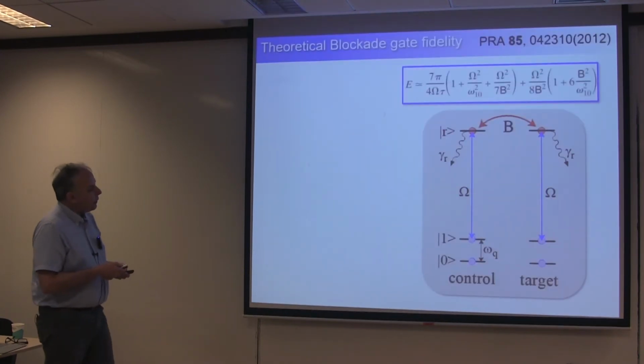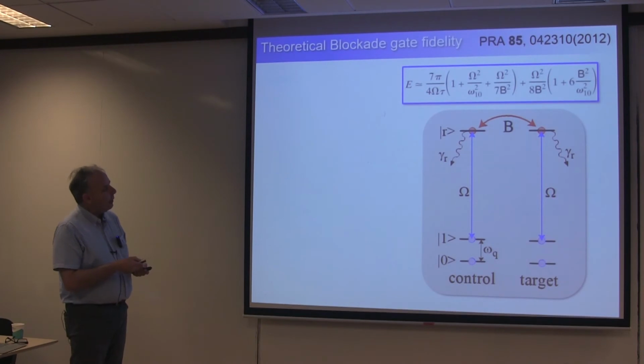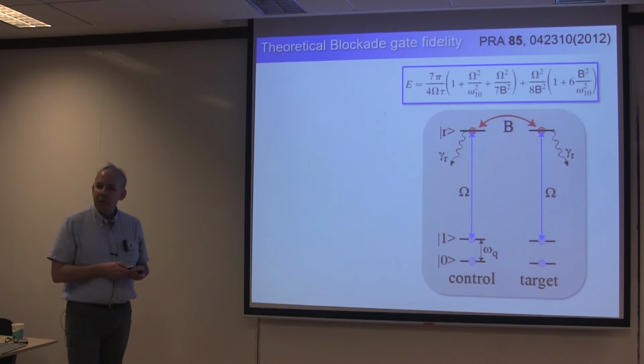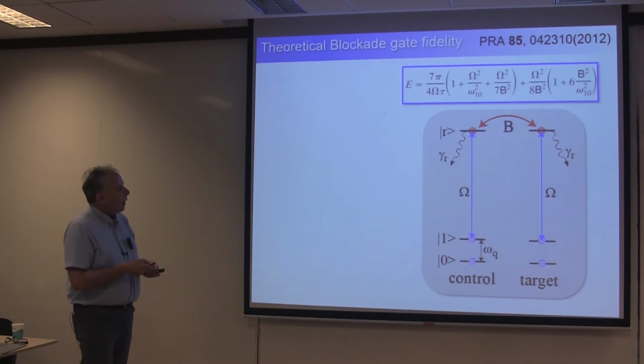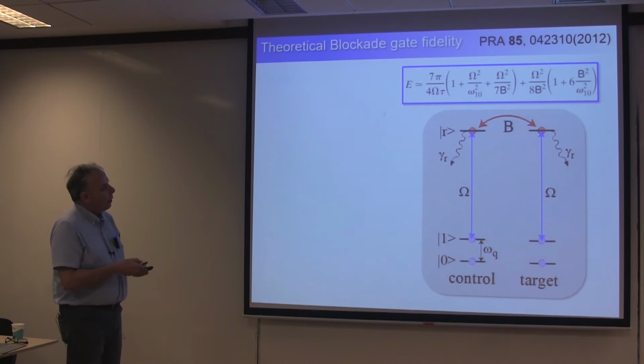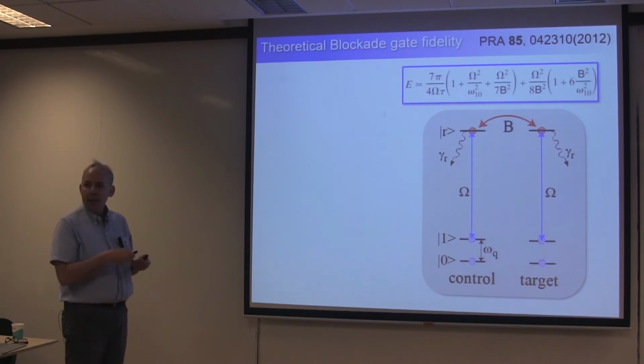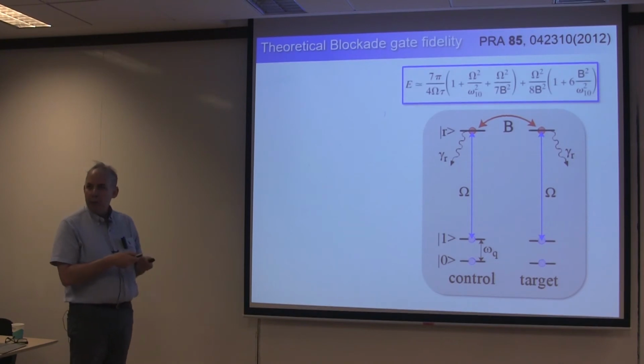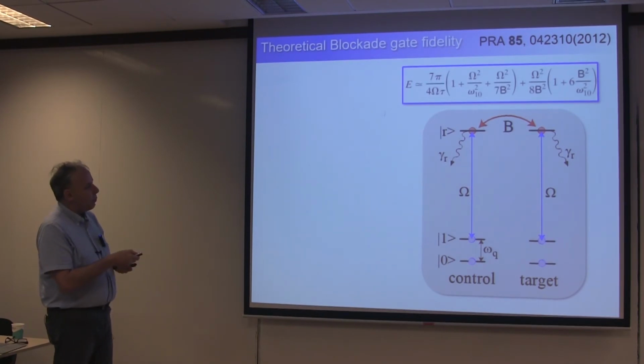And if you go back to this picture of two Rydberg interacting atoms, you can do a back of the envelope estimation of what the errors are in this gate. And it's really a trade-off between spontaneous emission errors from spending too long time in the Rydberg state, or shortening the time that the atoms are in the Rydberg state, but then running into the limit of not having a perfect blockade because the excitation frequency becomes comparable to the blockade shift. And so you can estimate the errors from those two contributions with a formula like this.